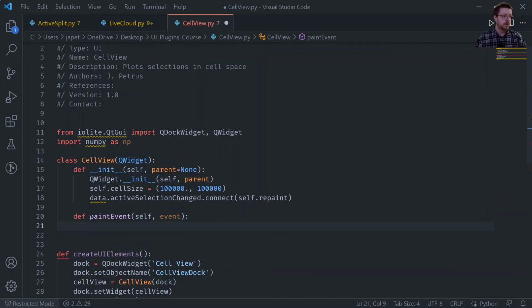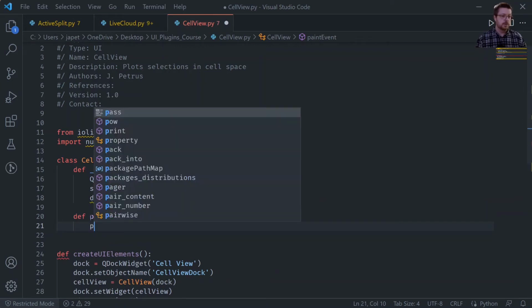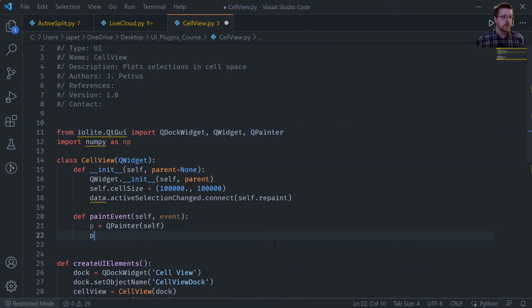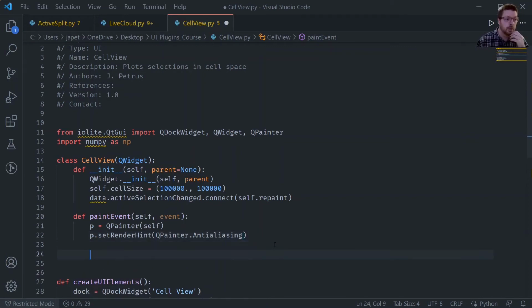And that means that we're going to need to use a QPainter again. And we're going to paint on self, so we need to bring in QPainter. We are going to do some things that we did in the past, so we're going to set the render hint to be Anti-Aliasing. Now, what do we need to do here? So let's see. So we would like to draw